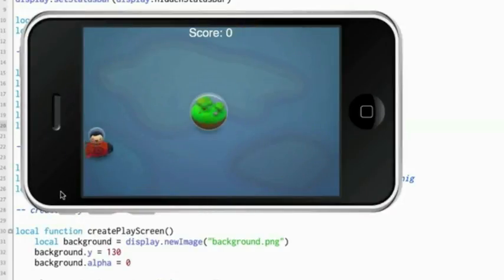As soon as the guy hits the planet, something should happen. Oh, that's kind of cool. Okay, so the planet just like that. And we can mess with the display properties, or the properties of the display object, so that we could